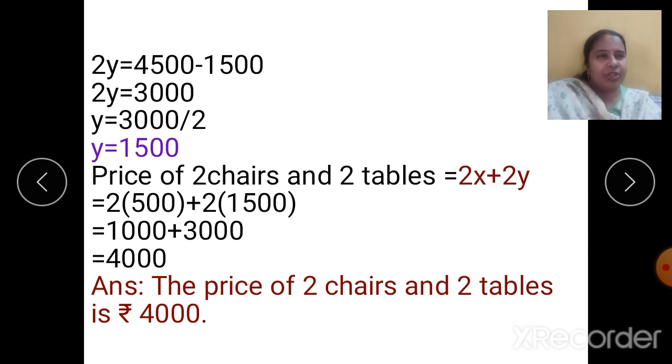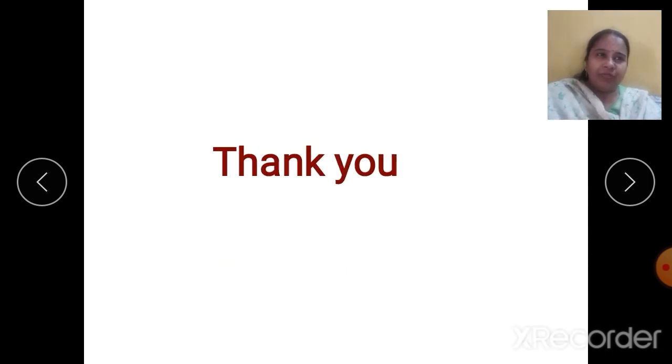I hope you have understood all the steps of this sum, right? One by one, go through the steps, understand it and solve it. With this, we come to an end of this session. In this session, I have completed only 3 sums. I am not going at a faster rate. I know word problems, many find it difficult. I am doing it very slowly. Only 3 sums in this session. See it again and again. Try to understand the steps and solve it, and keep it in your notebook.